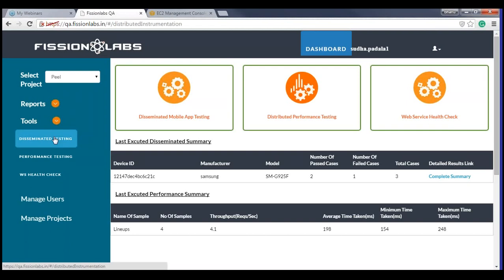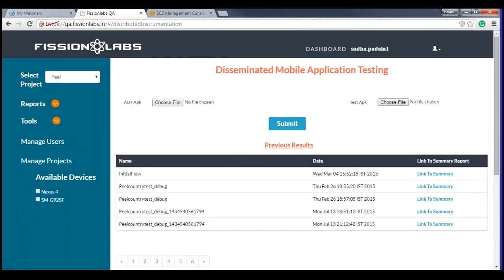So this is what I was talking about, the distributed testing tool. If you see, the interface is very simple. We have the application under test APK and the test APK, where you can upload the APK files and then submit them for execution. The moment you submit it, the tool takes the APK and pushes it onto the devices and executes the scripts on the devices.